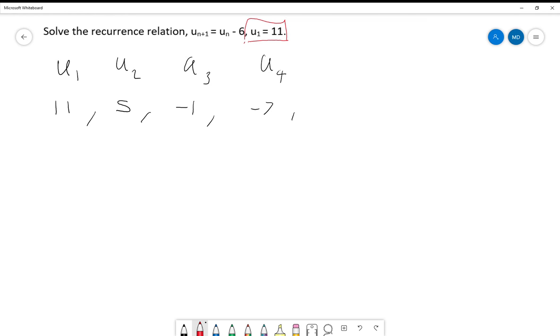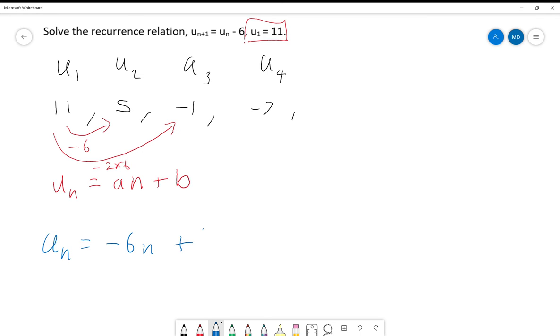Now we know our solution is going to be of the form u(n) is equal to some a n plus b. And we also know what this a is, because what's happening each time? Well, it's going down in 6. How many lots here did we subtract 6? Here we subtracted 2 lots of 6. And here we subtracted 3 lots of 6. So what are we getting? Well, the a must be our negative 6 because we're getting 2 lots of negative 6. For u4 we would have 3 lots of negative 6. So we can say that u(n) is equal to